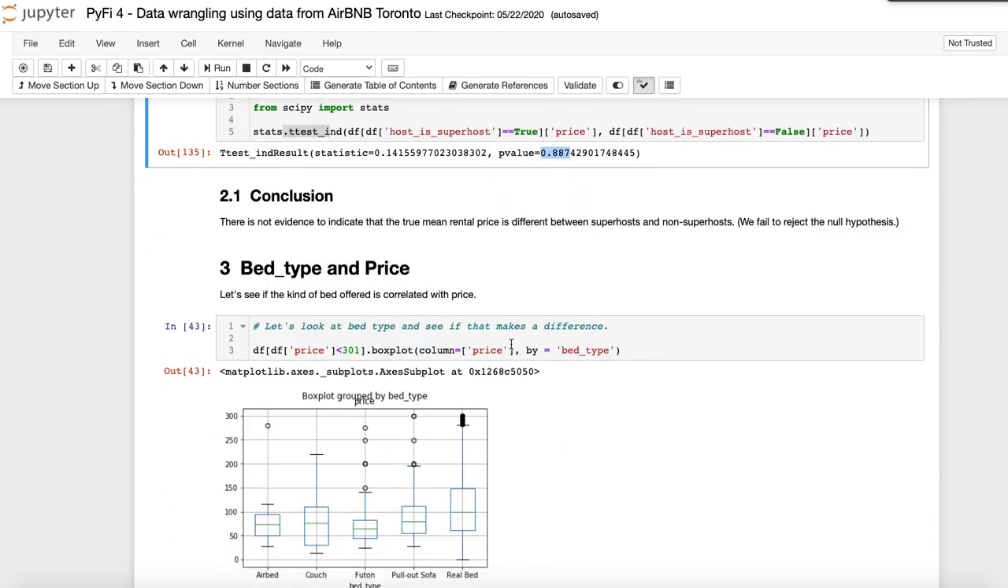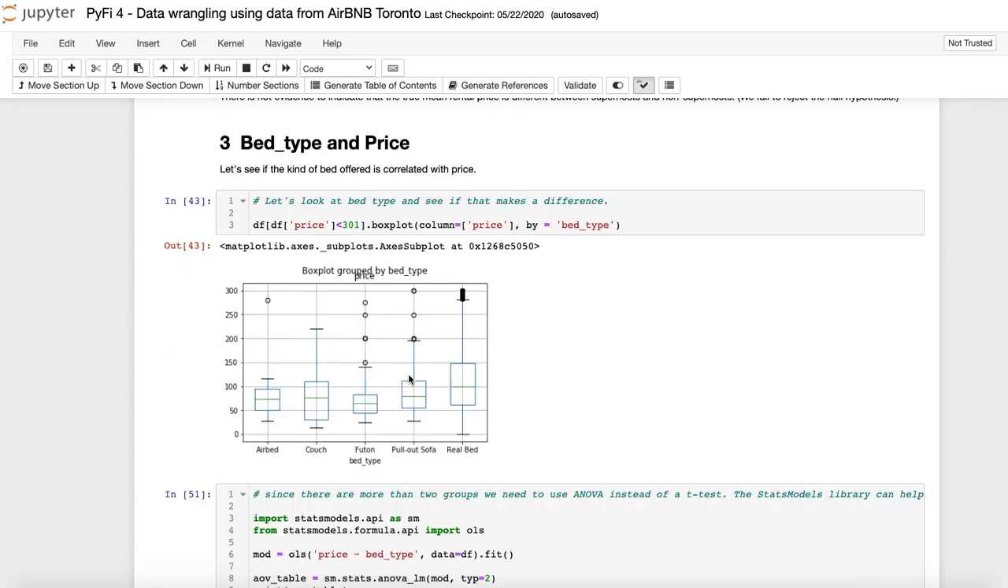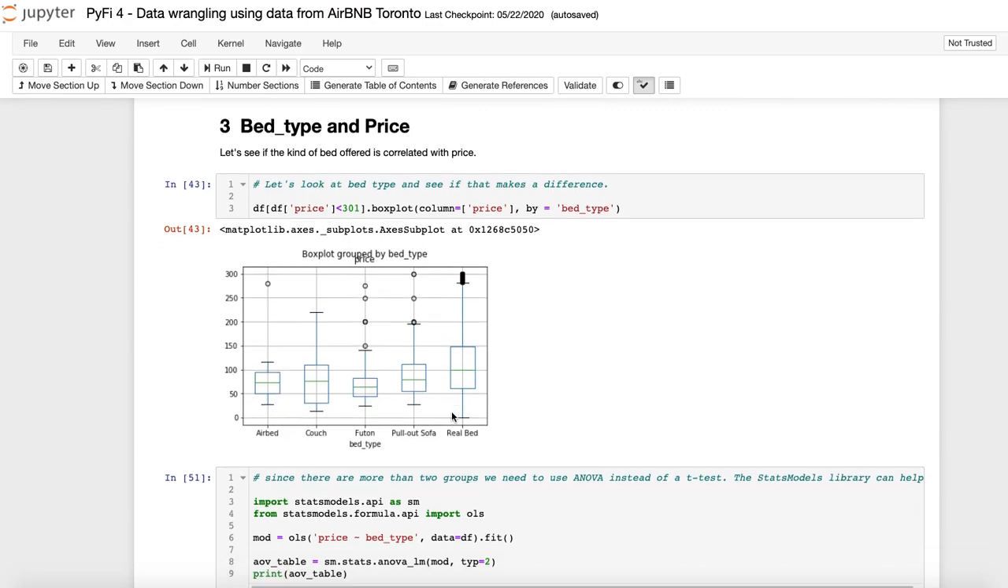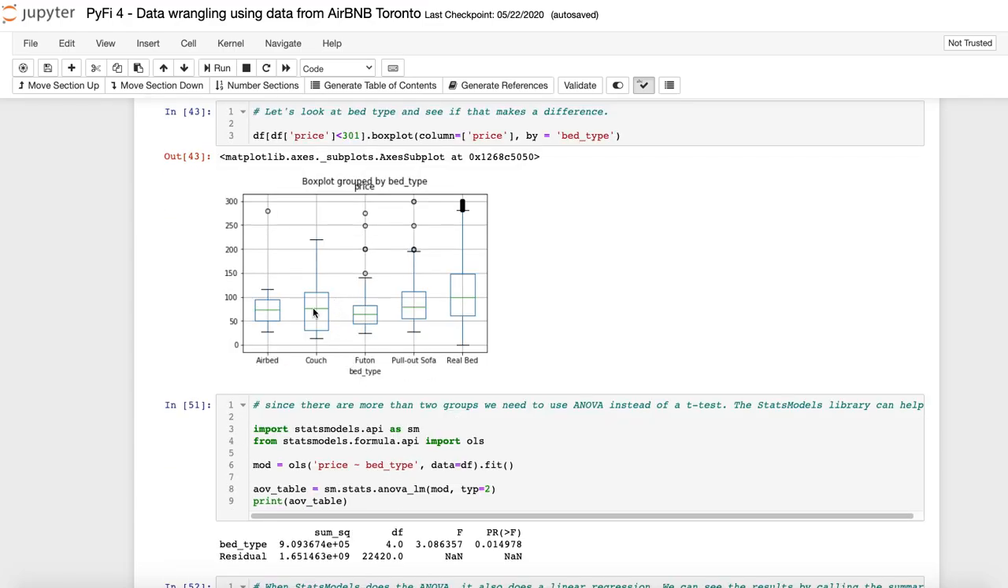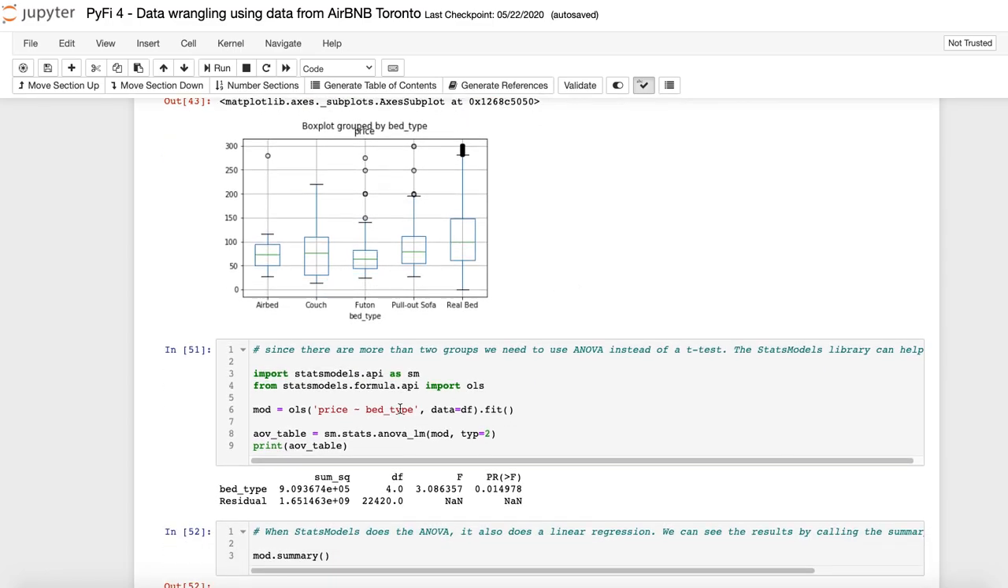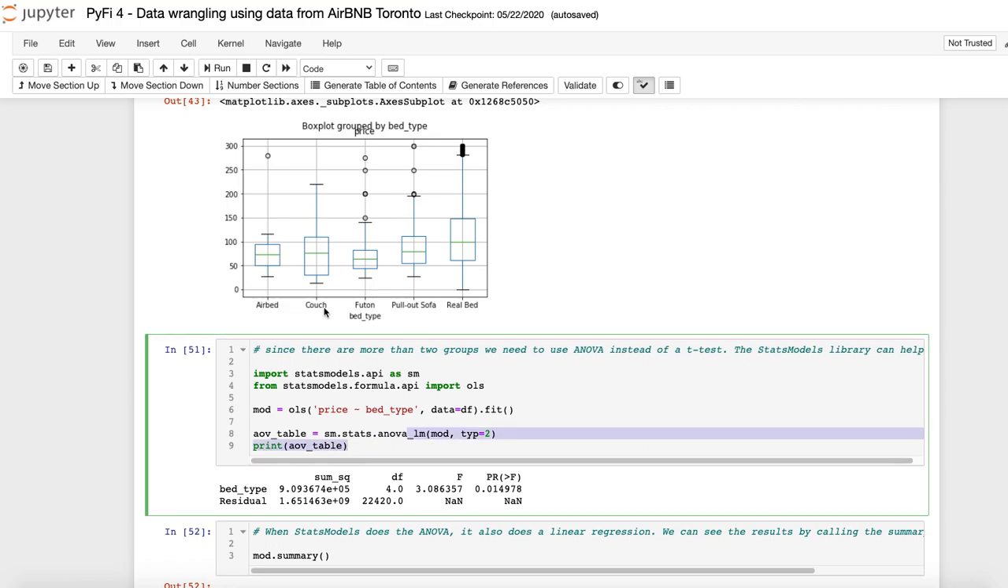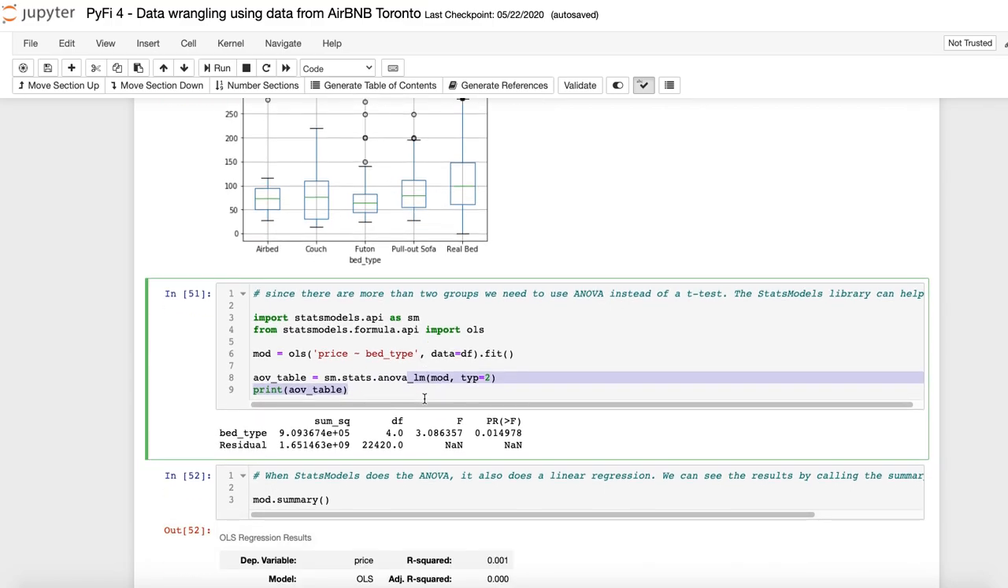The data set we're looking at is 23,000 rentals available in Toronto, Canada on Airbnb. So we can see how the price of those breaks down based on the type of bed you offer. So airbed, couch, futon. And what I want to understand is what's the money I get to charge based on the different type of bed. And so I'm going to do an ANOVA to see if there is a difference. Now we can see yes,